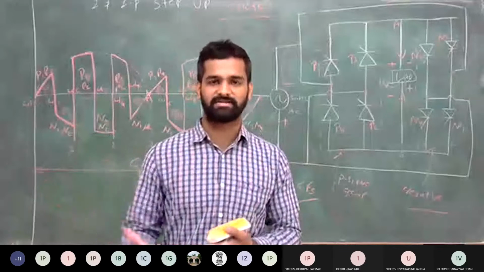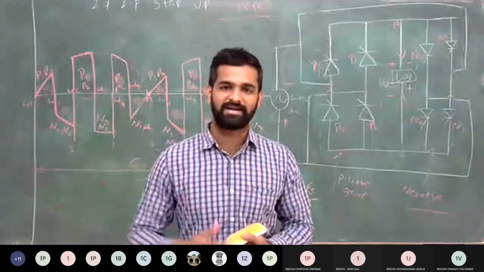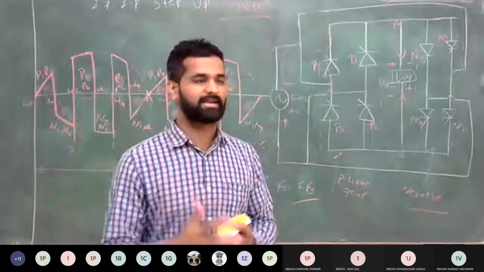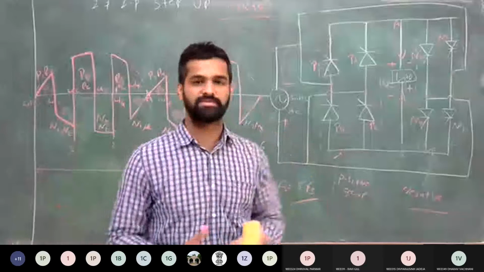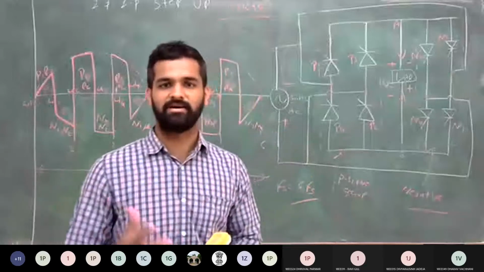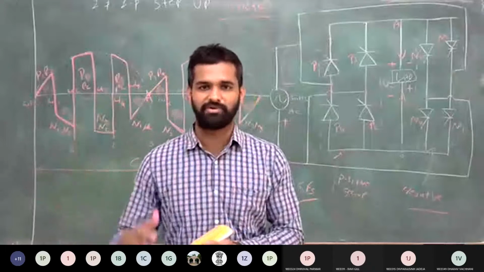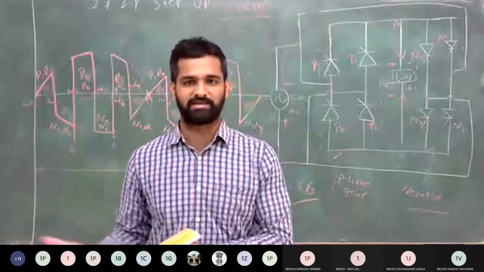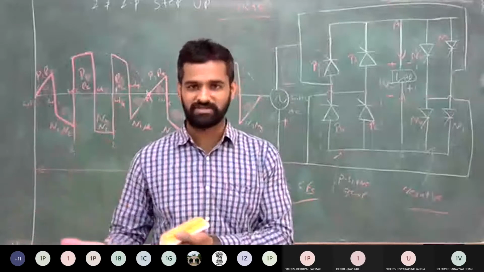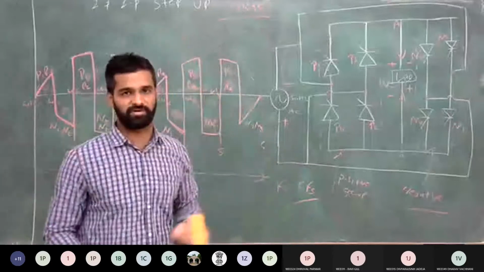Clear? So suppose in the industry you are using the synchronous motor and you require a different frequency or different speed, then at that time you can use this step up cycloconverter. Clear? So suppose your synchronous motor is operated at 100 rpm. Clear? But for some time you require to operate that motor at 2000 rpm. So how do you increase the speed? By increasing the frequency of the supply. Clear? So in that case you can use this step up cycloconverter.